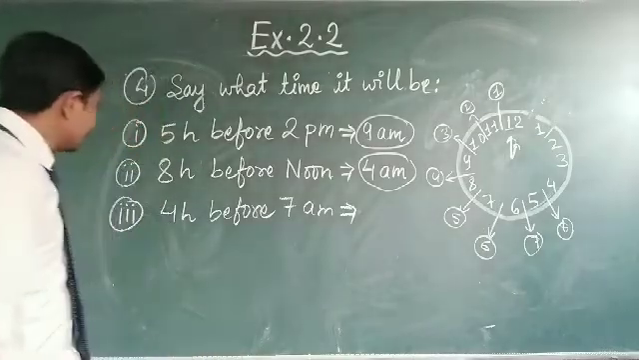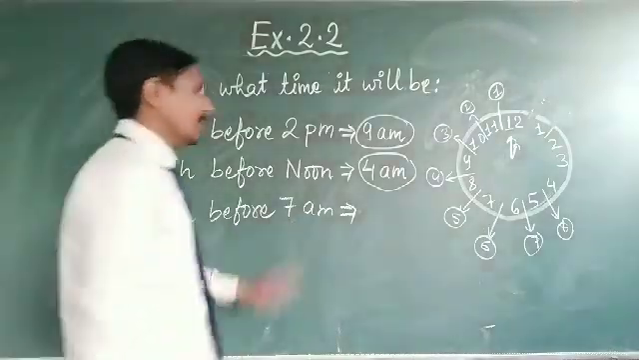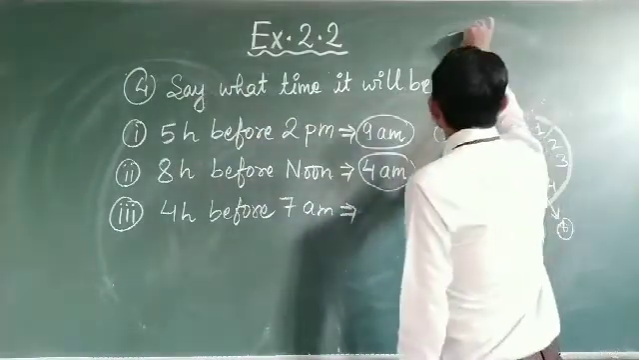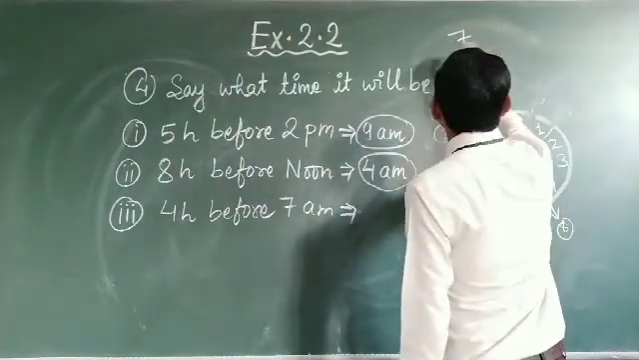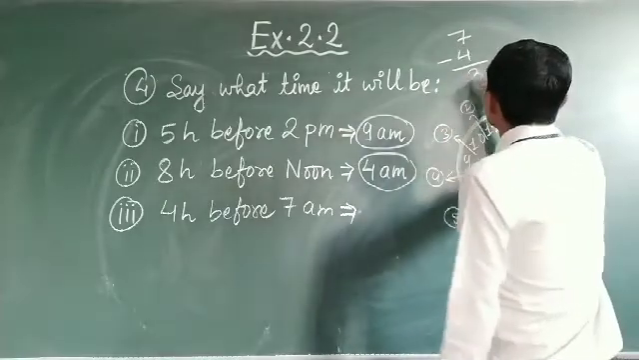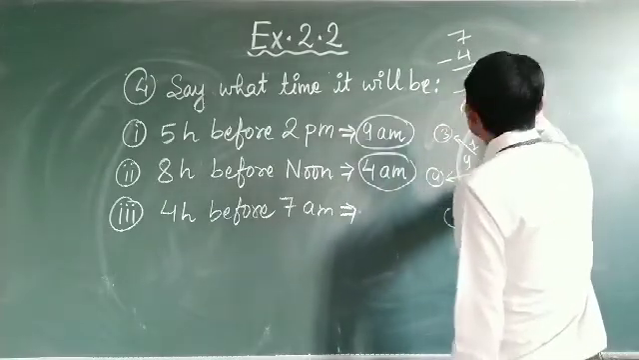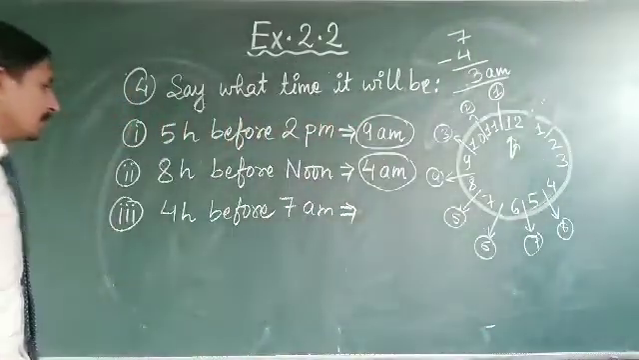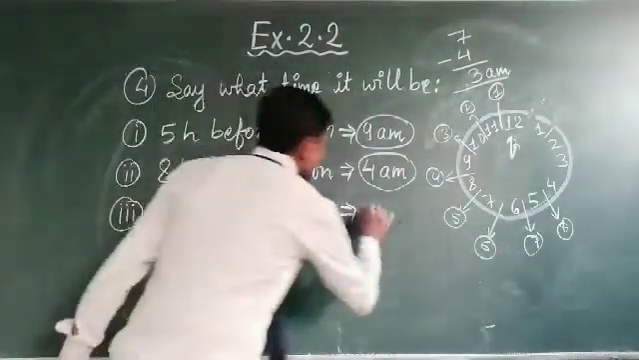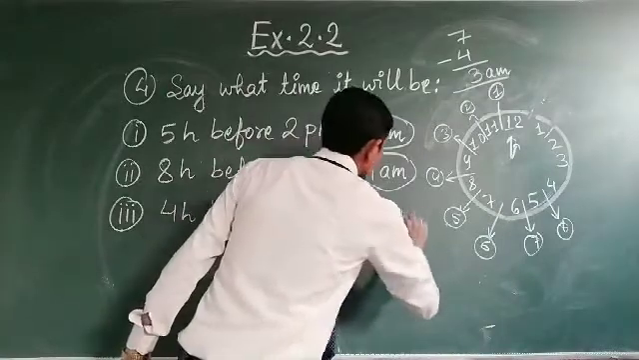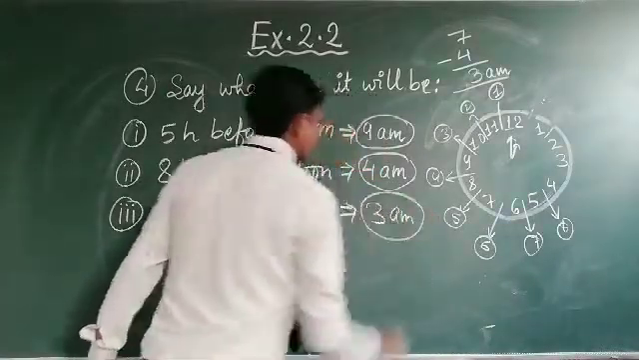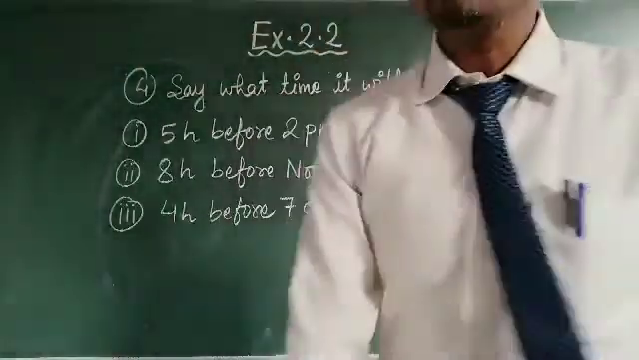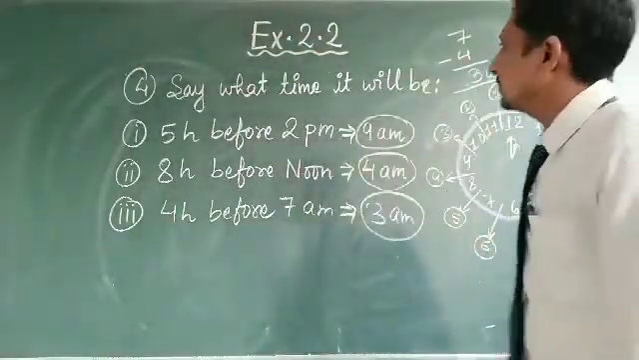Now our third question is 4 hours before 7 a.m. Now 4 hours before 7 a.m. means subtract 4 from 7. When we subtract 4 from 7, we get 3. That means 3 a.m. So the time 4 hours before 7 a.m. is 3 a.m. So in this way we can easily find the time,